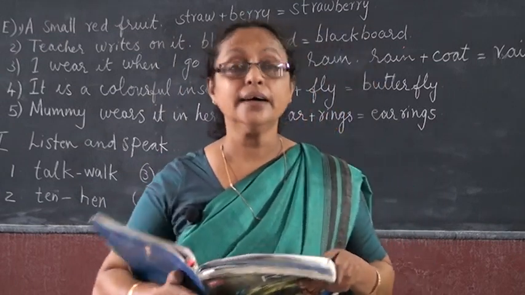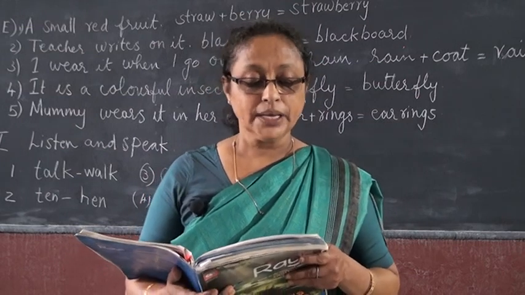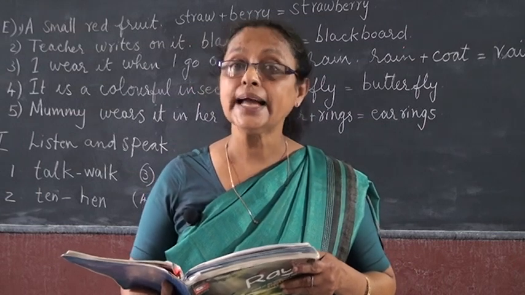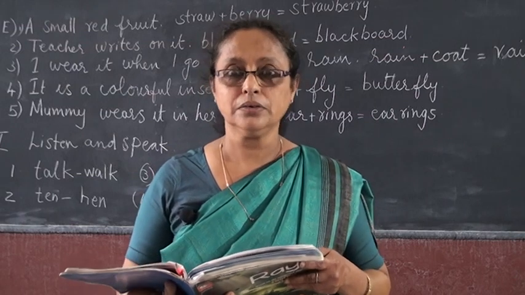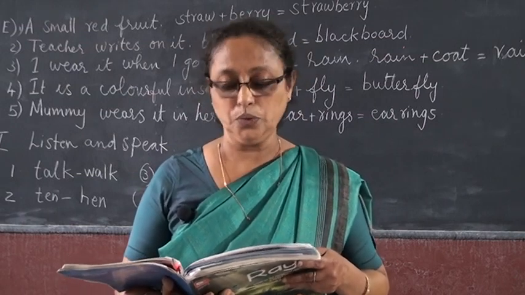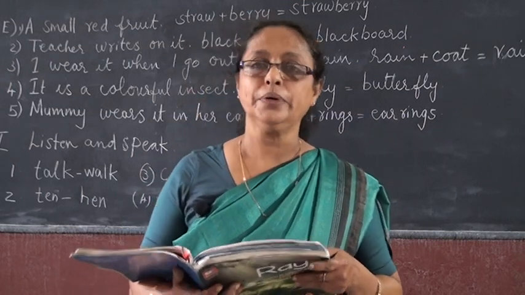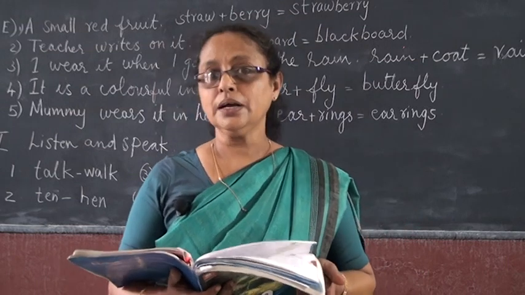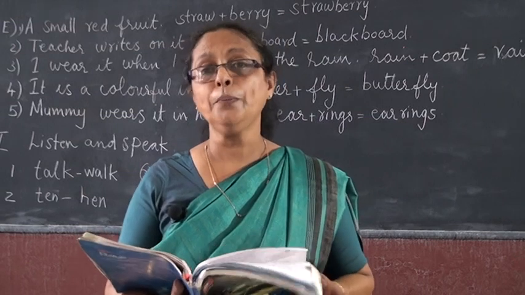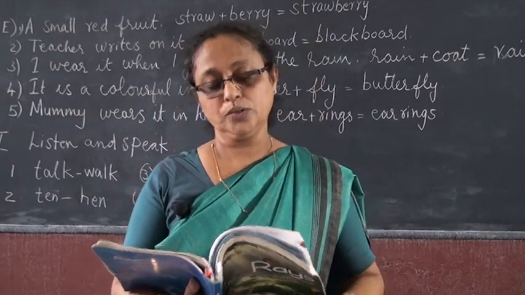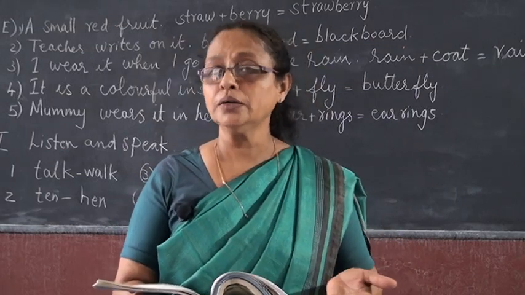Today I am going to take the same lesson, page number 12. Page number 12, K. That is a think and write. Imagine you are Anuj. Write 5 sentences on what you wanted to buy from the shop. So you should think that you are Anuj and write 5 sentences on what you wanted to buy from the shop. When you go to the shop, what things do you buy? In the textbook it is already there. In that way you can write, and any other choice you want you can write in that way.